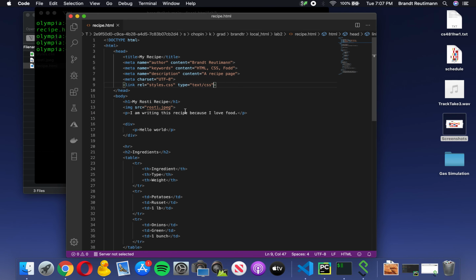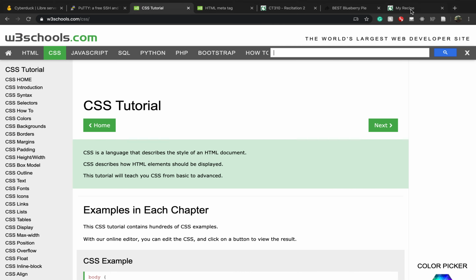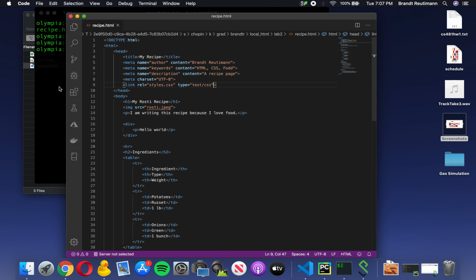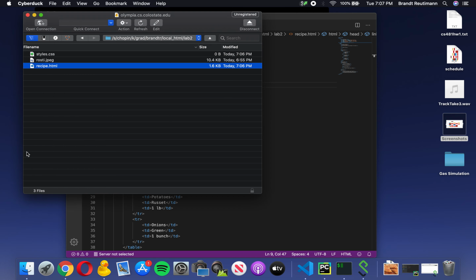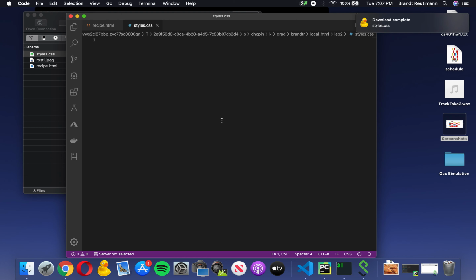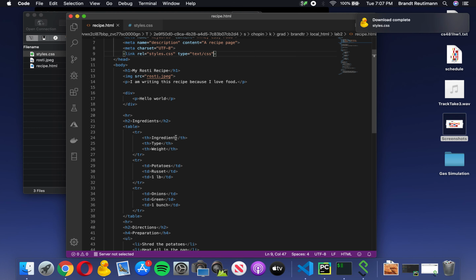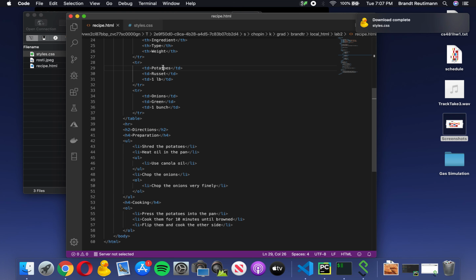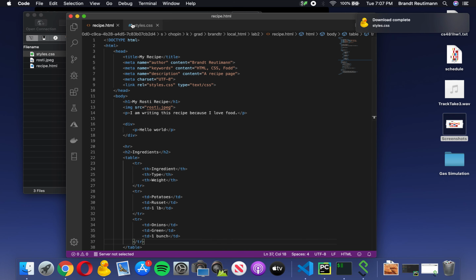Well, I think this will work for now. So, I don't have anything in this style sheet file. So first of all, let me open that up. Okay, so see how it's empty? So it's not going to affect anything. So that we know it works, what I'm going to do